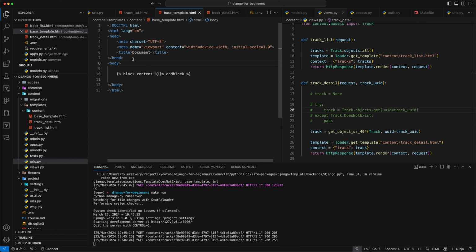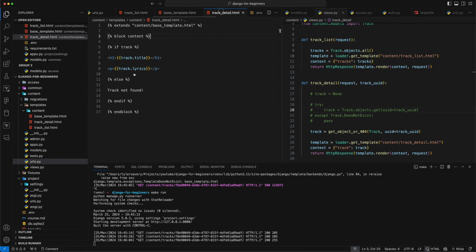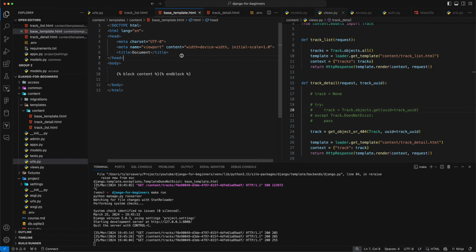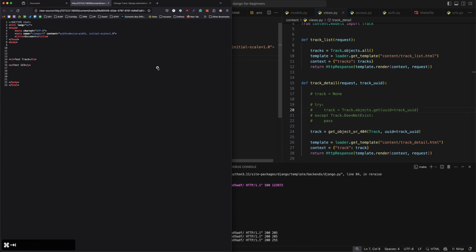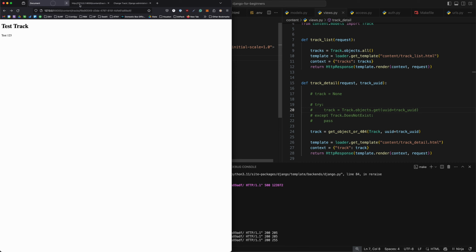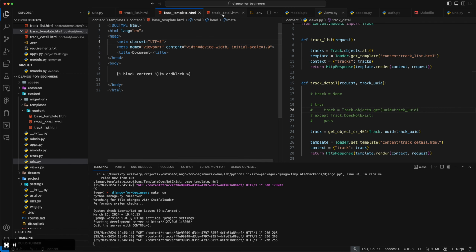That's really handy because now we can have one place where maybe we have Bootstrap loaded and we have a header and a footer and all that kind of stuff. And all we care about on a template by template basis is the content within there. Just something I wanted to touch on. Obviously, an important part of building websites is having some shared code between your different pages. So we can do that there, and on tracks, we can basically do the same thing